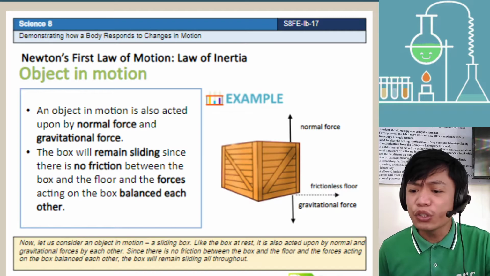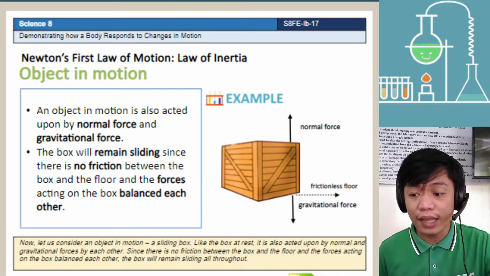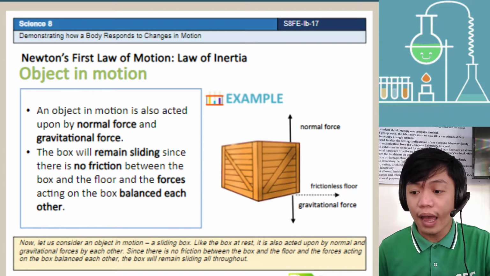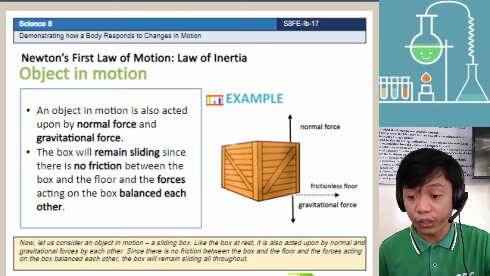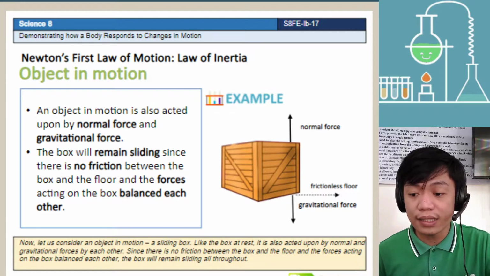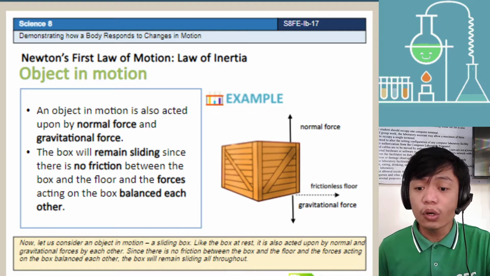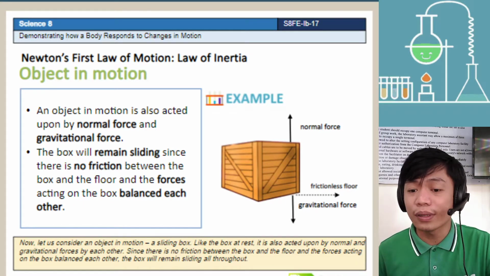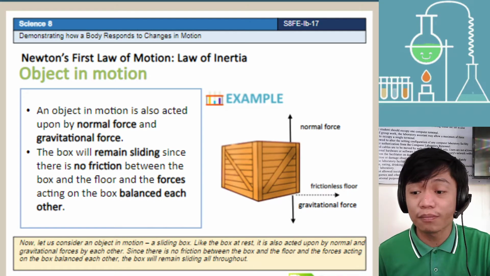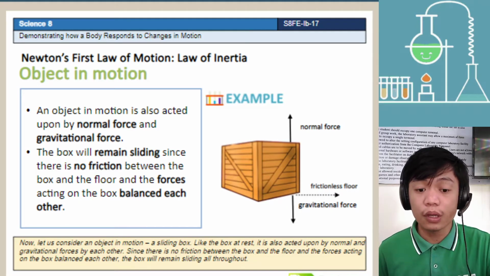Since there is no friction between the box and the floor, and the forces acting on the box balance each other, the box will remain sliding all throughout. So the only thing that will stop the movement of that sliding box is the friction, because friction will not